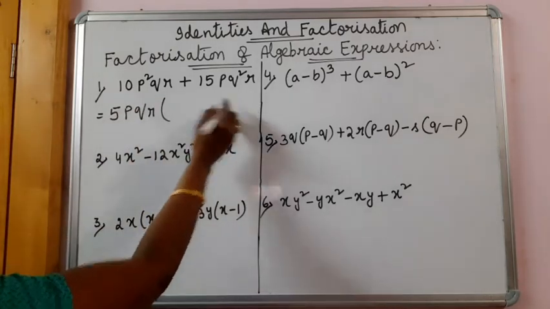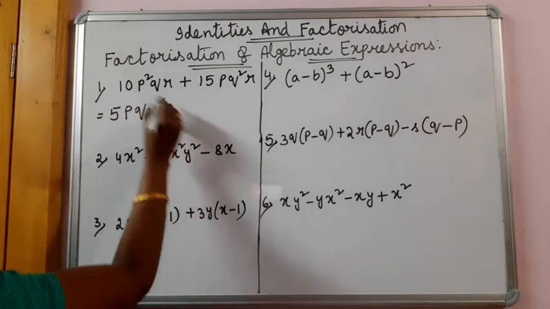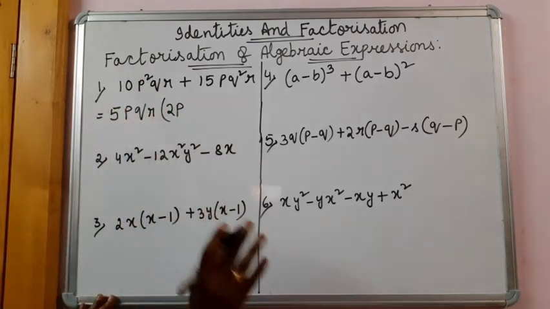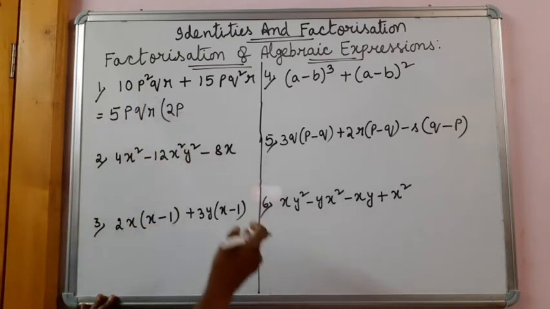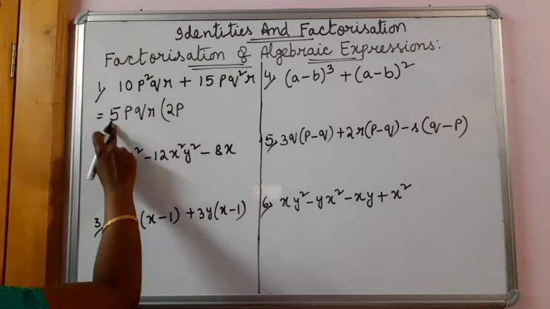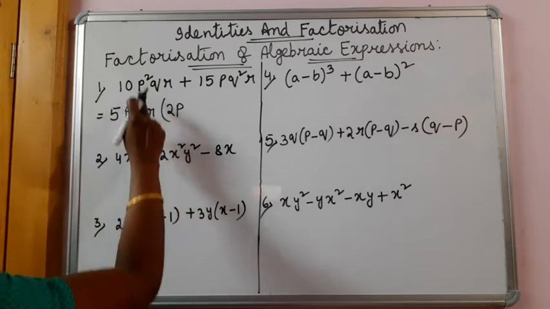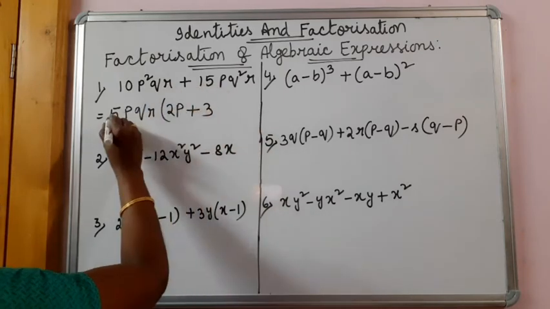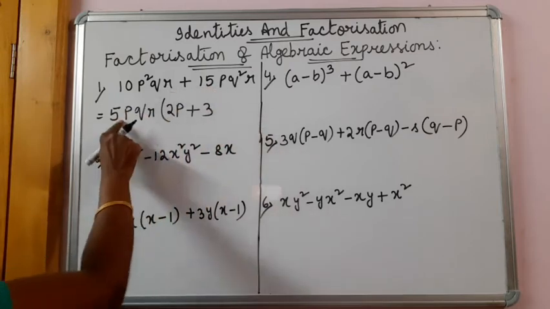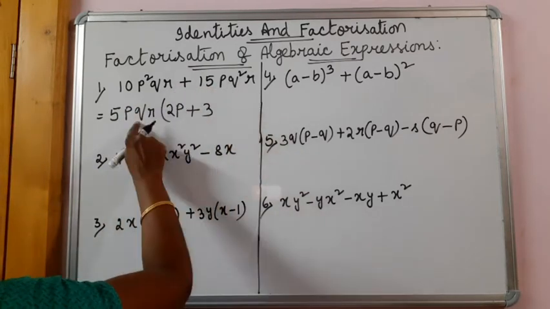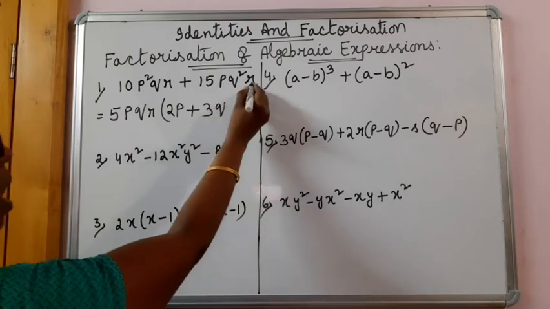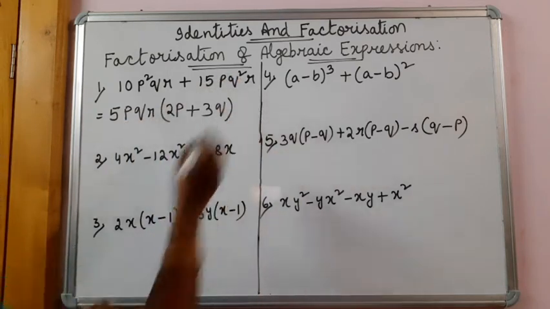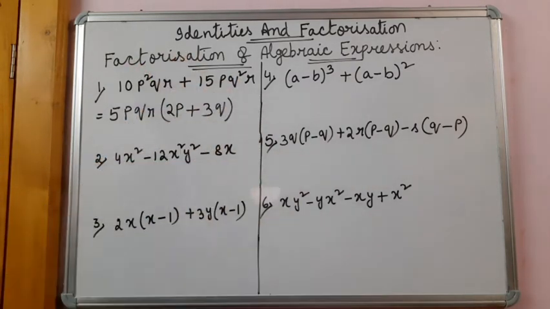Now let us write the remaining terms. 5 2s are 10. p square is here, p we wrote, q already there, r. And for your understanding whether you have done right or wrong, multiply this and see. 5 2s are 10, p into p, p square, q, r. Correct. Plus here 15, 5 we have taken. 5 3s are 15. Here only one p is there, we have taken. Here q square is there, we have taken 1 q. r is there, r we have taken. So 5 3s are 15, p, q square, r. Only to test whether done correctly or not.